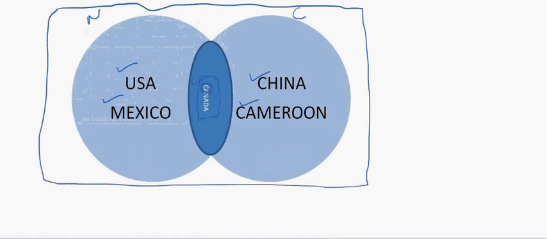This particular rectangle around it, we denote by U. In this particular example, this whole set will have all the countries. For example, it will have India here, it will have Japan here, all the countries which are outside of these two. So the universal set is all the countries on planet Earth, and these are the sets which we have defined.